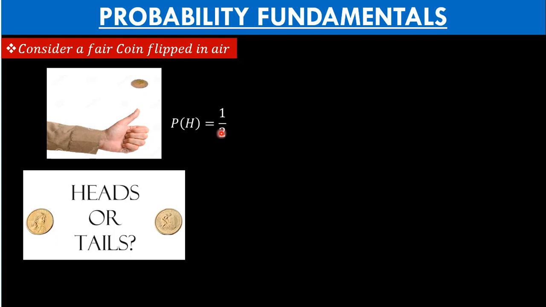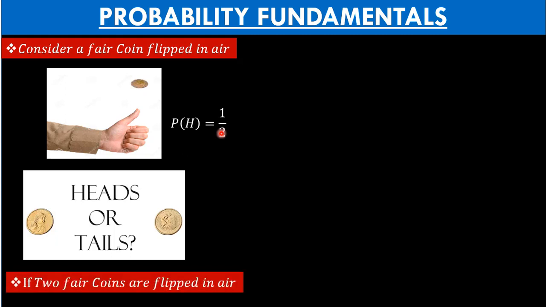However, there can be events that are combined. For example, if we consider another example of the same coin, but now it is flipped in the air not once but 2 times, then students, we can represent this information in 3 different ways. I will arrange them in the order of their complexities, so that you have a better visualization of the probabilities of this simple combined event. You are not only flipping it in the air, but you should know what is happening behind.